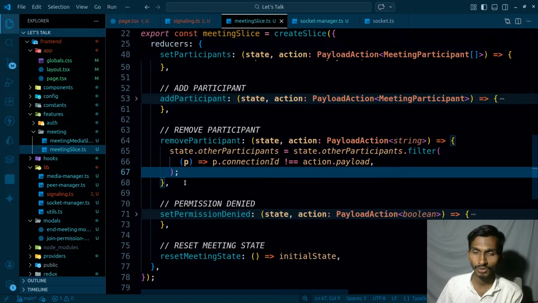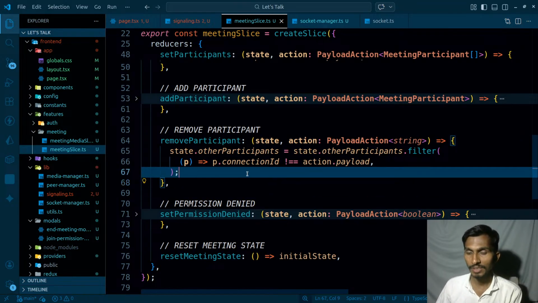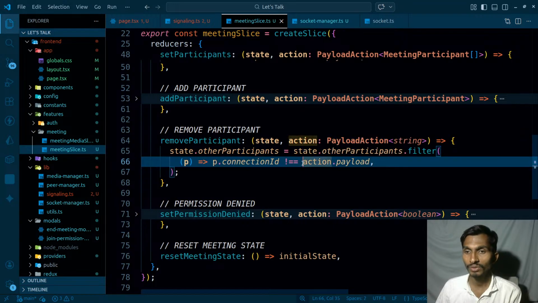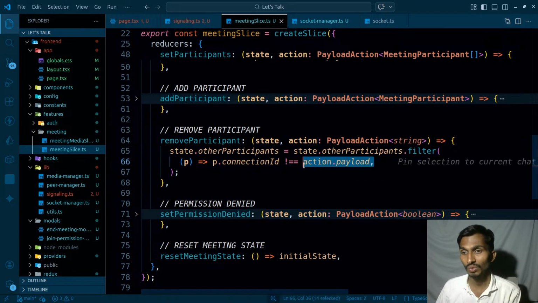This logic is wrong here. When it comes to removing a participant, I want to remove the participant, but I should have the information for removing that particular participant. So if I'm just directly giving action.payload here, I'm expecting it to give me